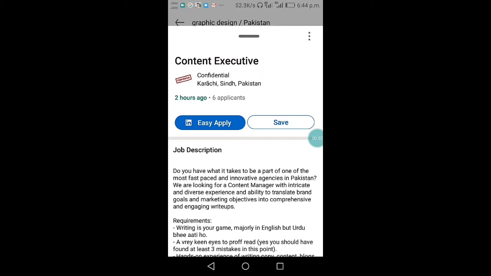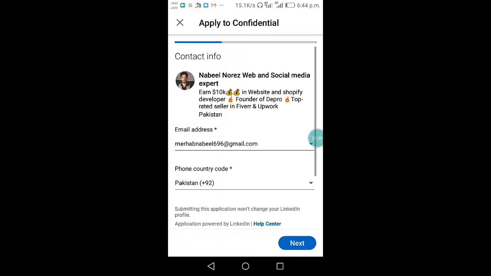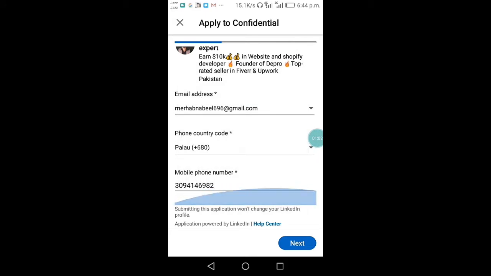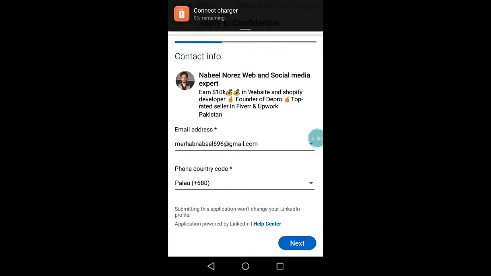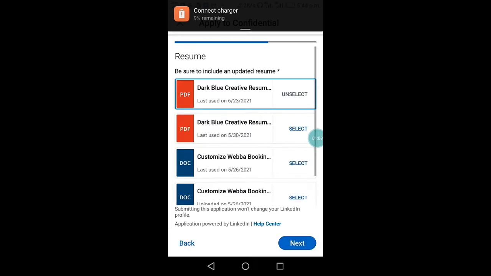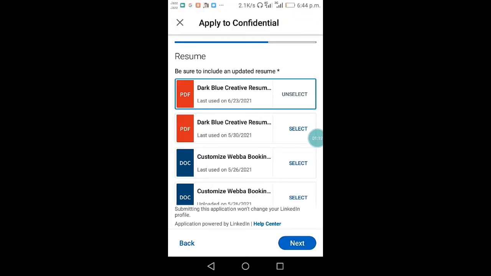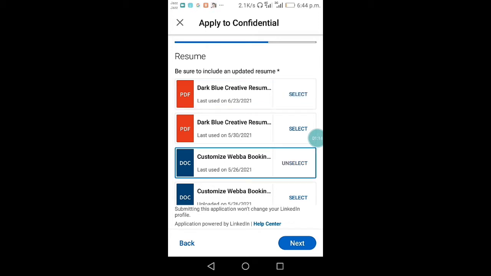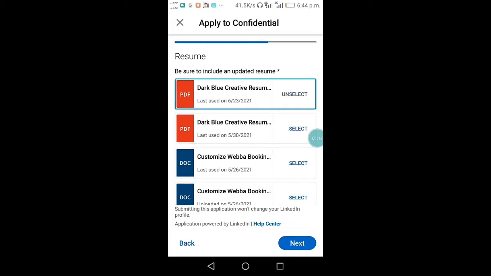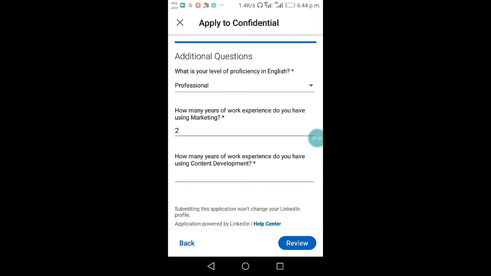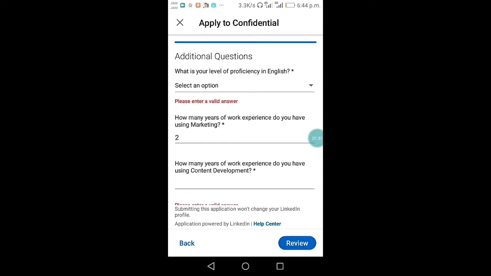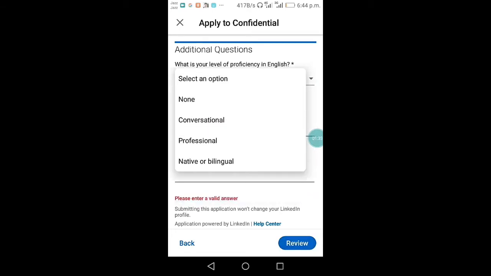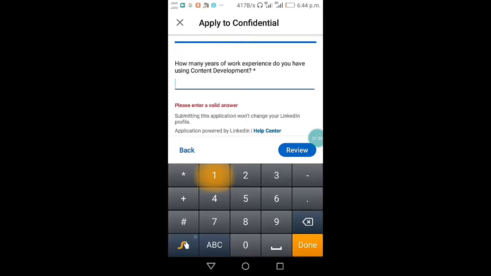2 to 4 clicks. Only 2 to 4 clicks you need to apply on the LinkedIn app. It's very easy to use, and there are a number of responses you get when you apply to a minimum of 10 to 15 jobs every day. You will definitely get your job, and this way we easily apply through the LinkedIn app.